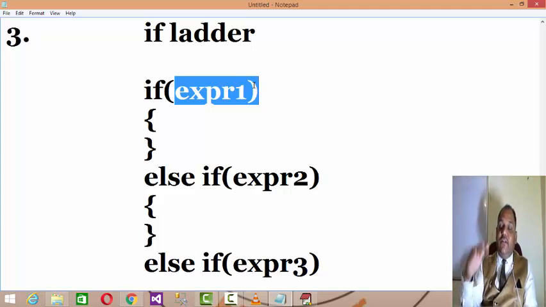Else, if it is not more than 85, then obviously it is less than 85, so you check whether it is more than 75. If it is not more than 85 and not less than 75, it is in the range of 75 to 85, then A grade.